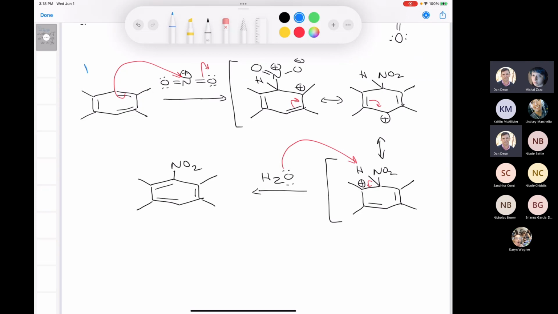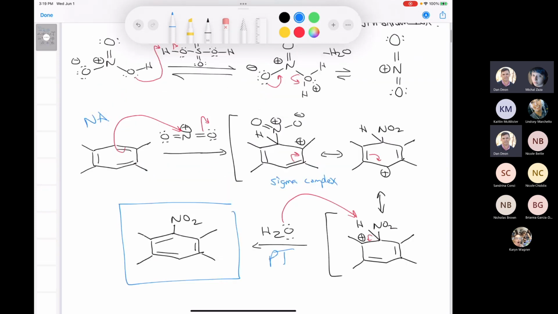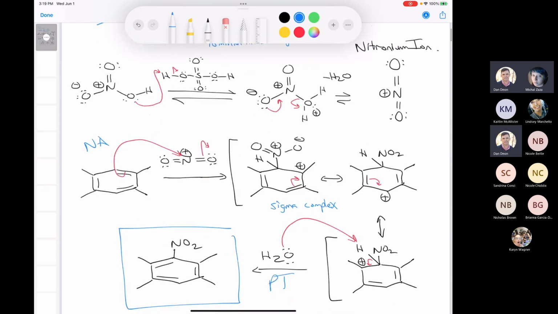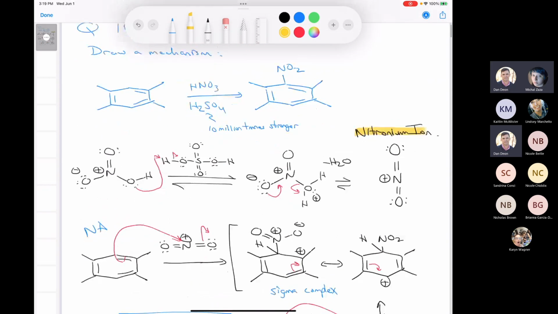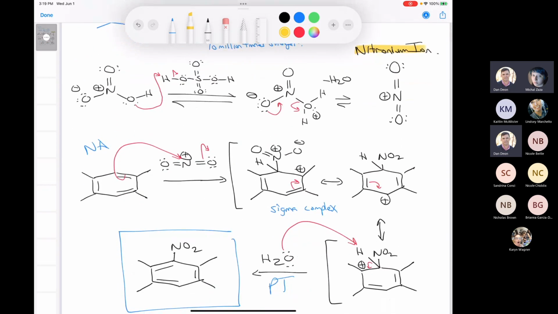We had our nucleophilic attack. We have our sigma complex. And then we had our proton transfer. In the last step, we drew the product, and we even drew the mechanism for the formation of the nitronium ion. So that covers all of question 18.4. Any questions about the mechanism